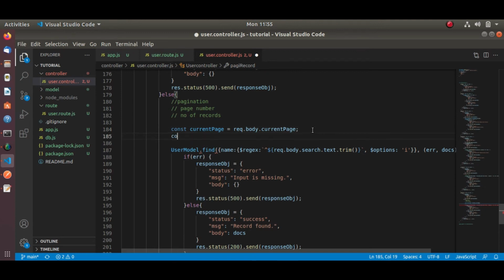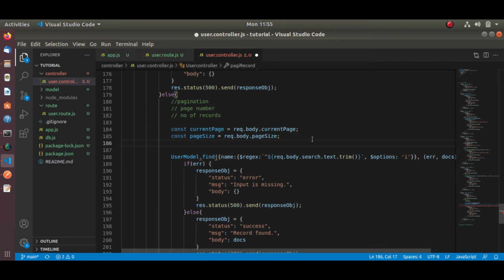The second one is the page size, that is the number of records the user wants to display on the screen, let's say page size.